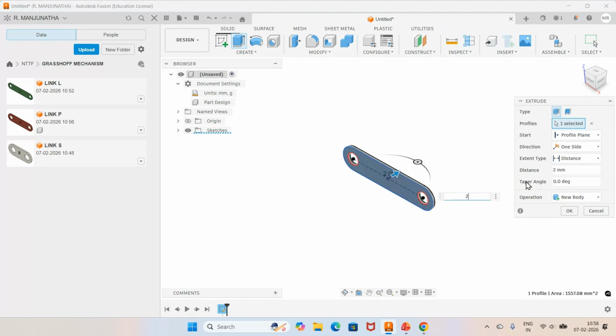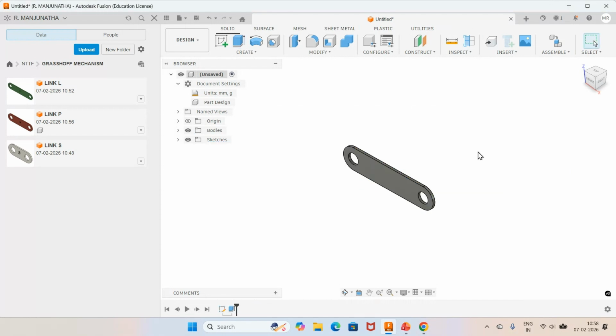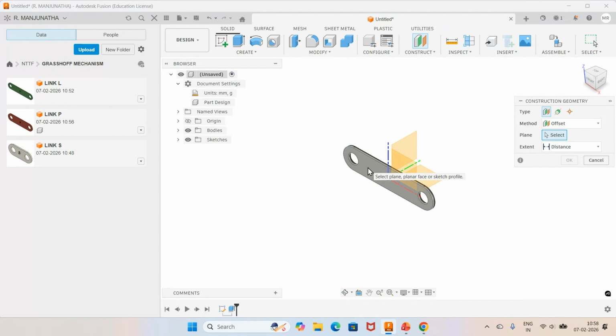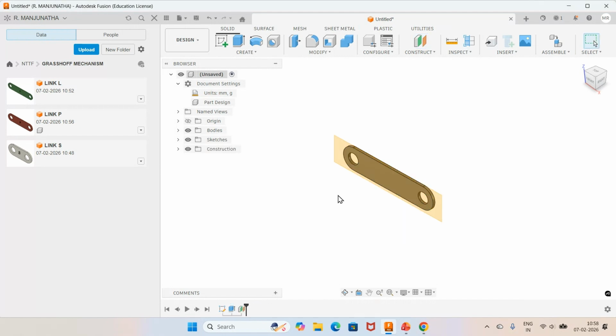So now I want to create the embossing. To do this, I want to have 0.2 mm embossing. So I'll go for an offset plane, select the front surface of the model and give that, since it is along the dimension of the arrowhead, you give positive 0.2 mm. So when you go to the 3D view again, you can see that there is a gap of 0.2 mm